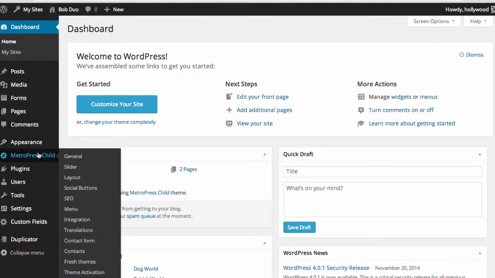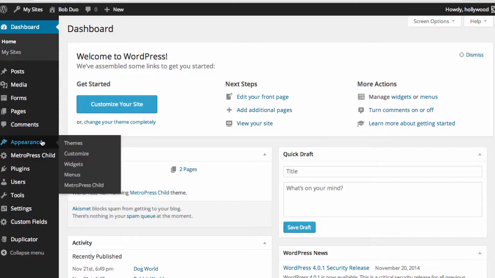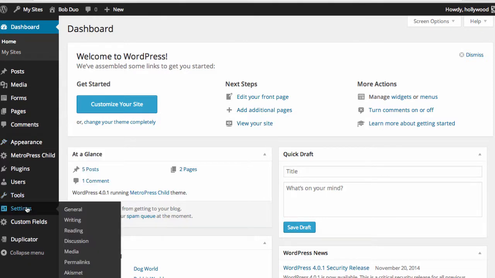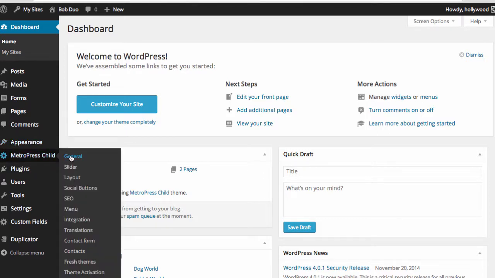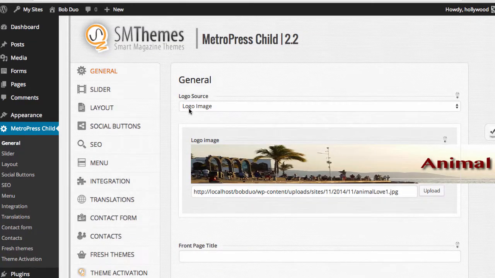In this particular theme, we go to MetroPress Child, we go to General. And I think most of the times in many other themes, you're going to go to Appearance, and Header is going to show up somewhere down here. Or, nope, it's going to show up in Appearance, Header. So we're just going to go into General, and here where it says Logo Image, we're going to go down here to Upload,